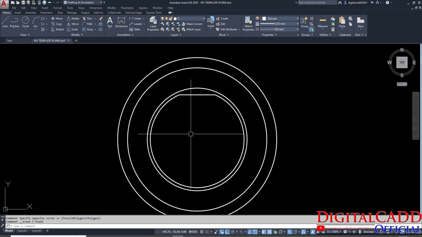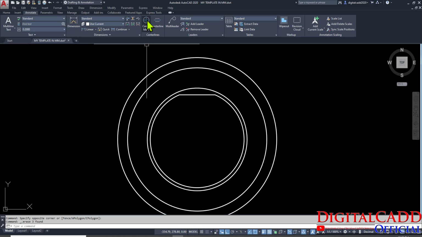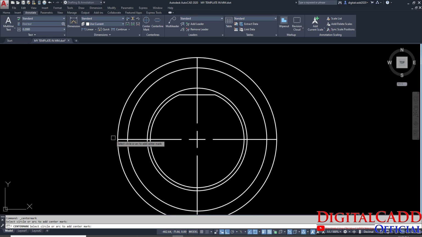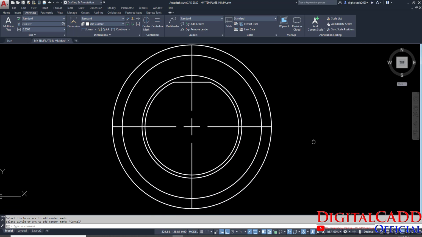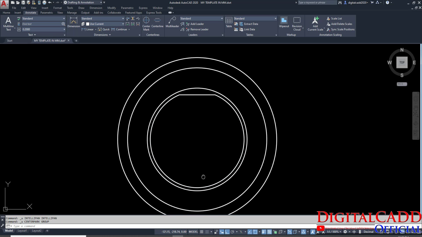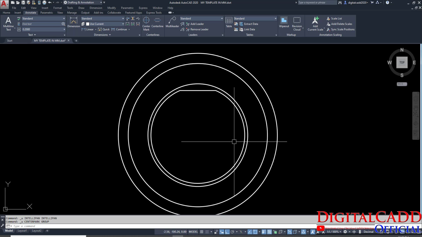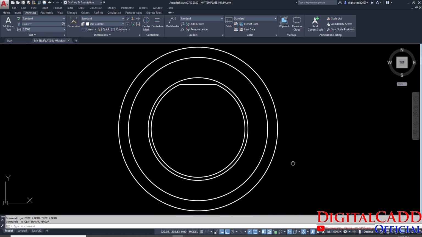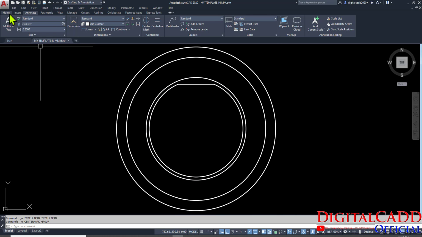because we are working in 2020. So we are going to use this ready-made center mark. Okay, you can see here. Just select and select this circle here. So you will have an automatic center mark. Okay, if you press Ctrl Z, if you don't want that line as thicker as our drawing are, so just